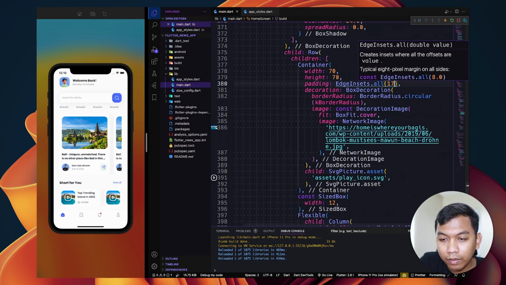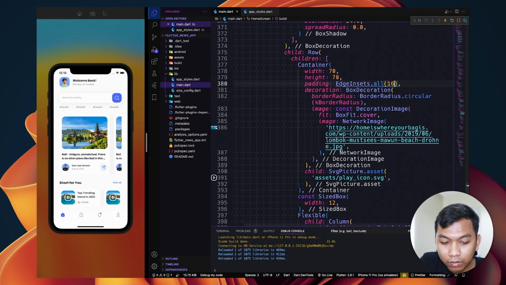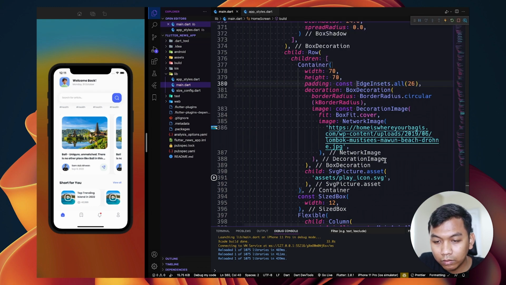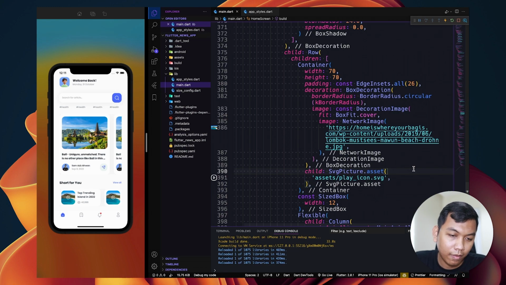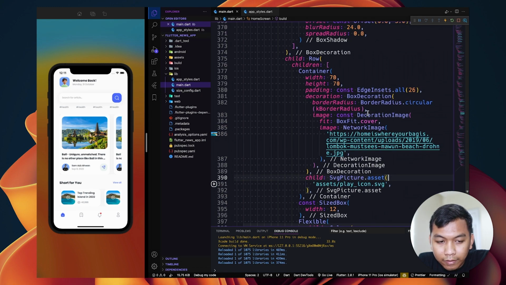Alright, maybe 26. Look like this. Alright, it's worked. So we just need to add child and add svg picture.asset and set the padding.